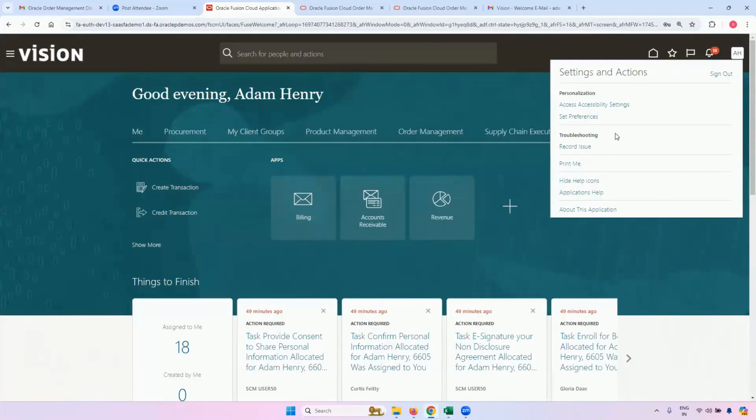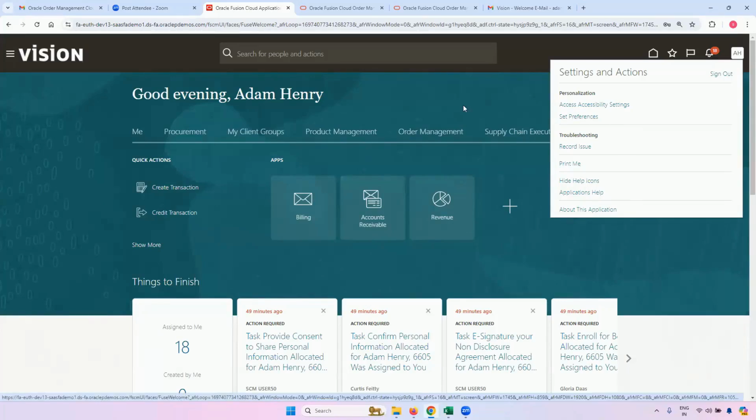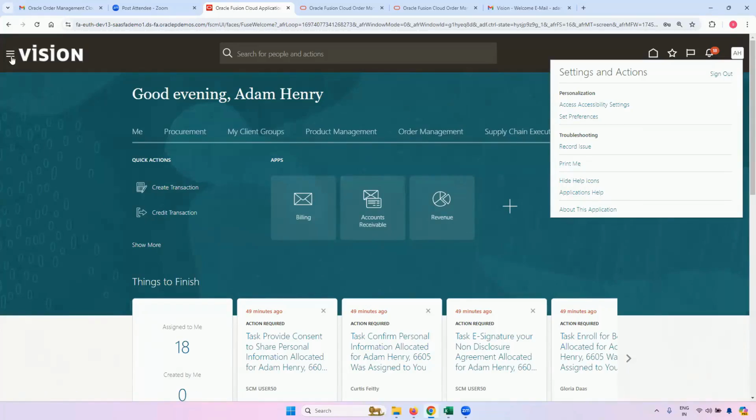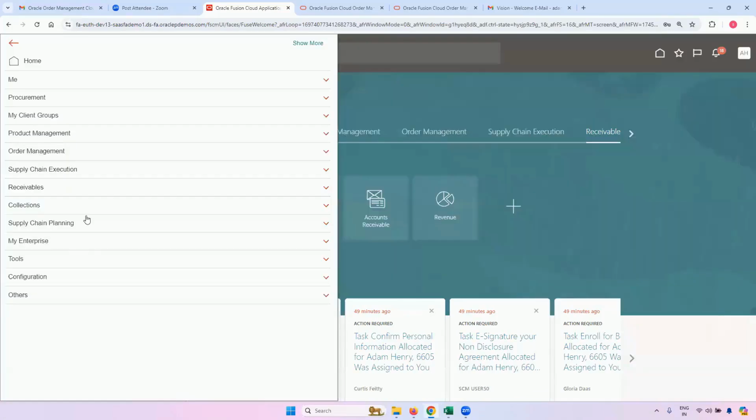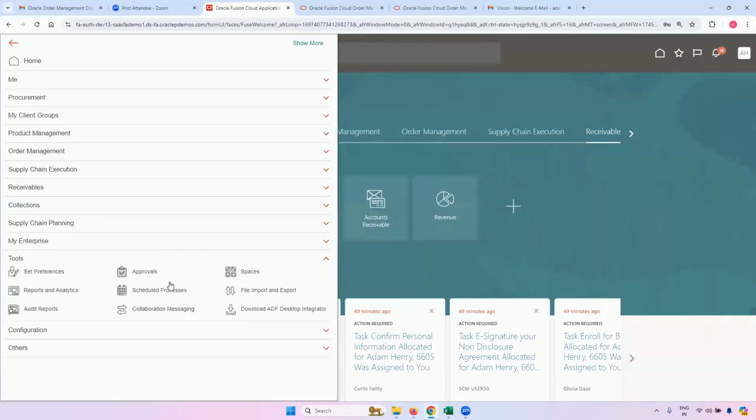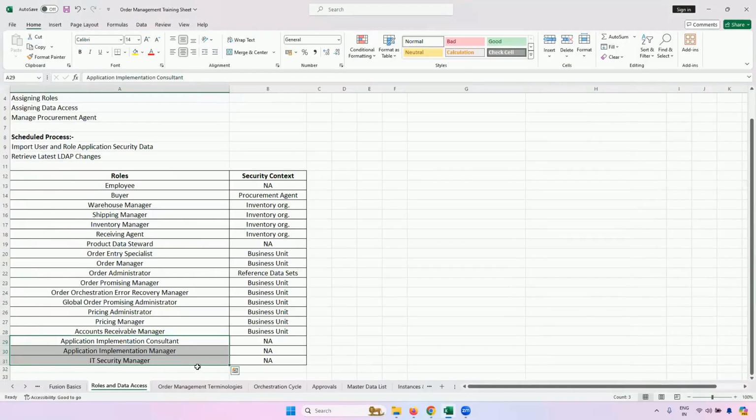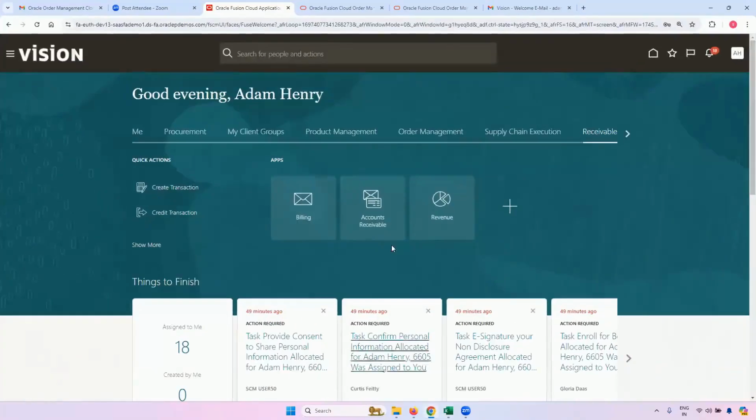See, there is no setup and maintenance here because I had not given him the application implementation consultant role. Now again under tools, I should not be seeing IT security, security console. See, security console is not there only because I had not given him this IT security manager role, because he is a business user.